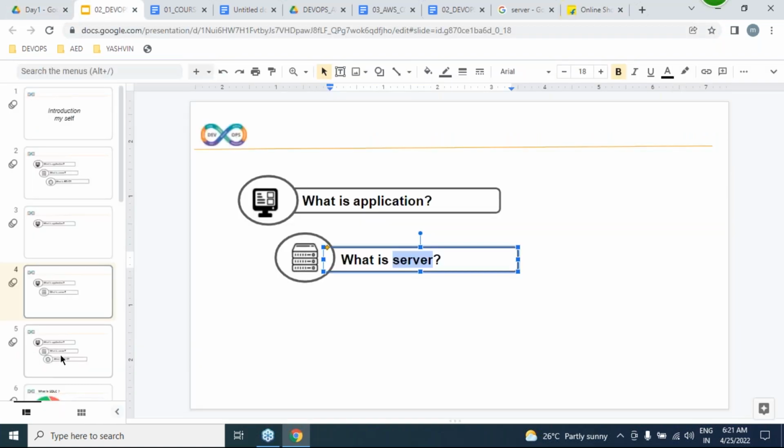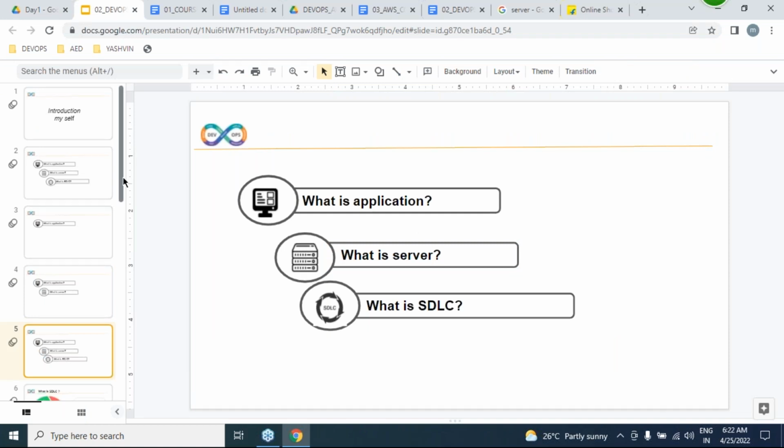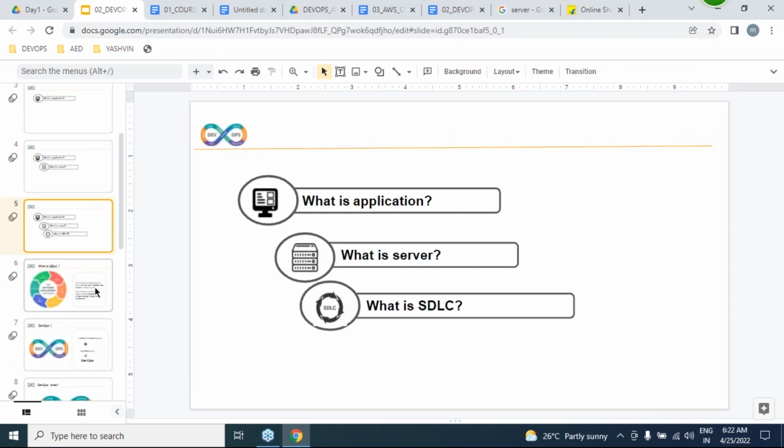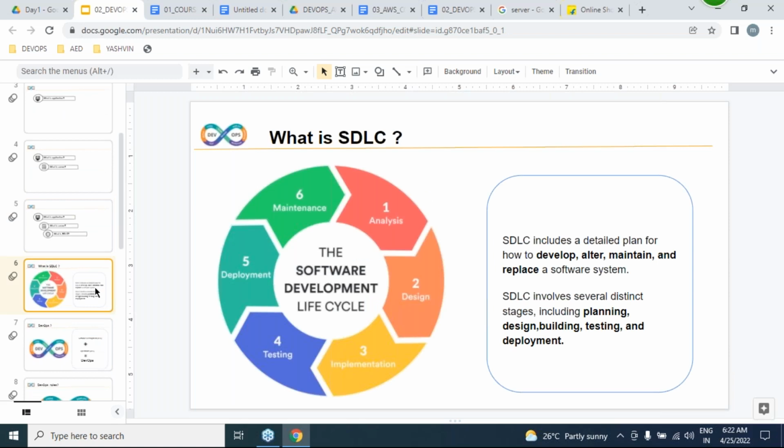Then the third question is, what is SDLC? Guys, can you reply in the chat box? Whoever doesn't know what SDLC is, just reply in the chat box. Quickly, I'm waiting for a reply.